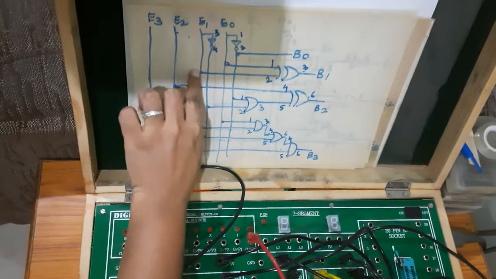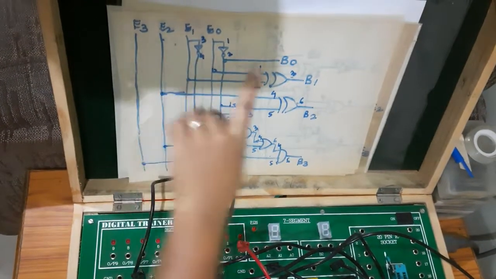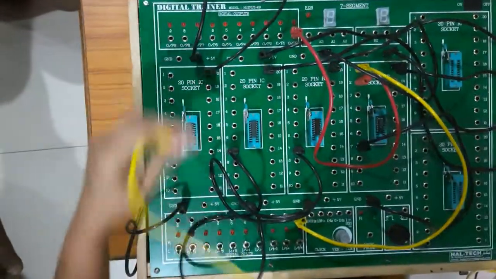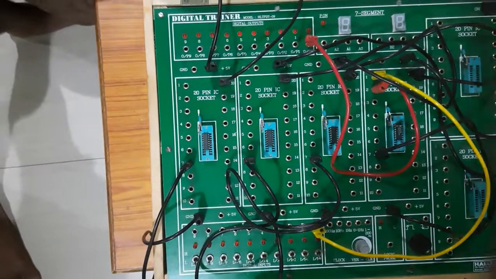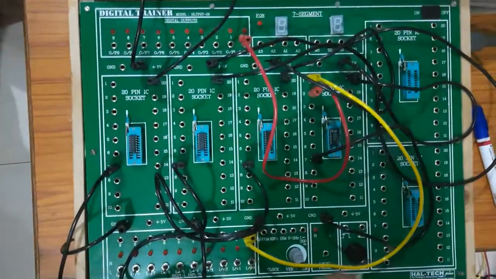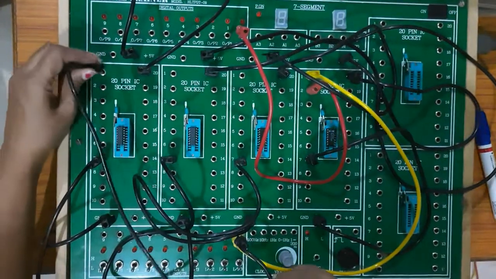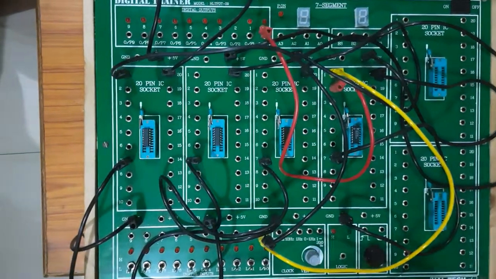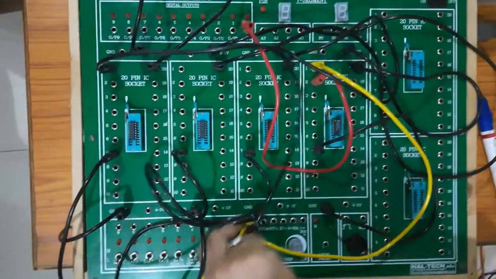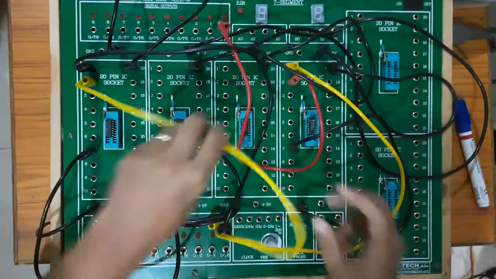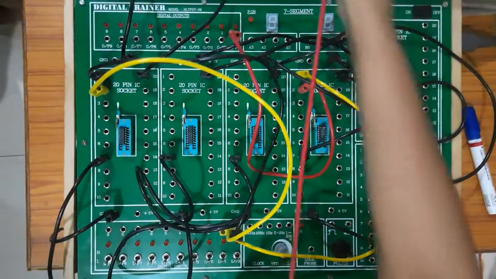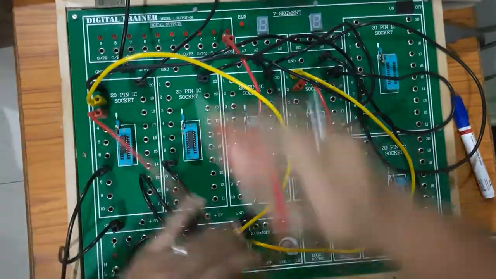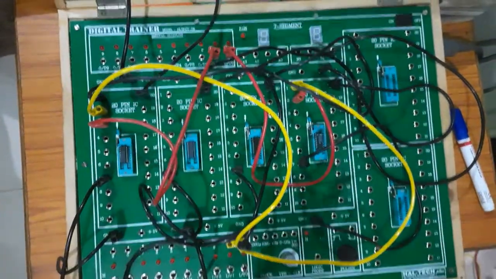I have to use E0 and E1, and those are to be XORed. So the first pin of this XOR gate is to be connected to E0. So this is what my E0 is. It is to be connected to pin number 1 of the XOR gate. Then I'll have E1. So this is my E1. It is to be connected to the second pin of the XOR gate, and I'll be getting output at the third pin of the XOR gate, and that is what my B1 is. The third pin is to be connected to B1, and that is what my output is.